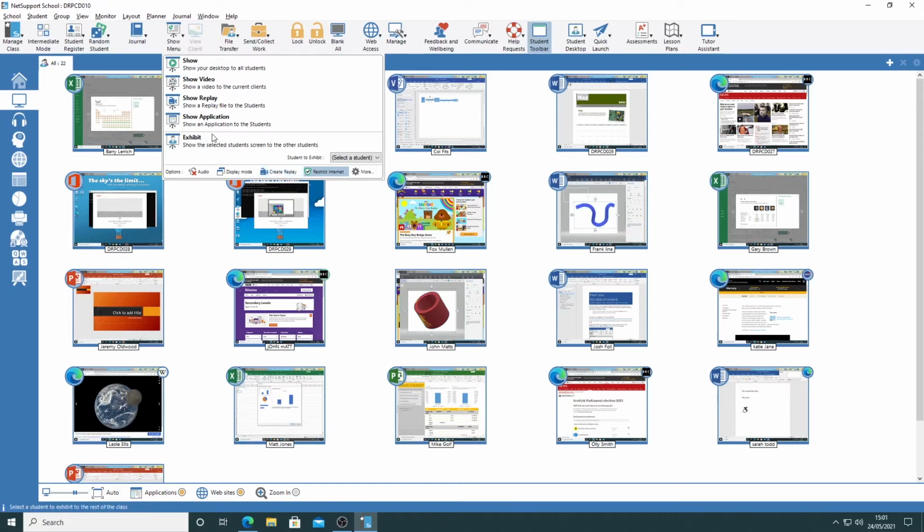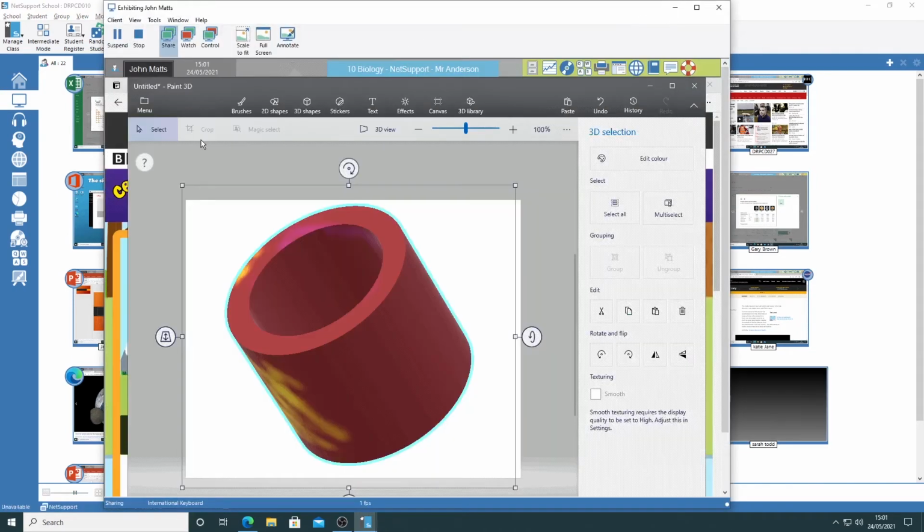You can also use this feature to show an application to students in the class, and you can also use it to exhibit students' machines within your class as well. Why don't we try that now actually? So John Matz, for example, has got a great little bit of 3D work going on in Paint 3D down here. So I can go onto my select a student bit just here and I can choose John Matz, and once I've chosen John, I can then go to exhibit,